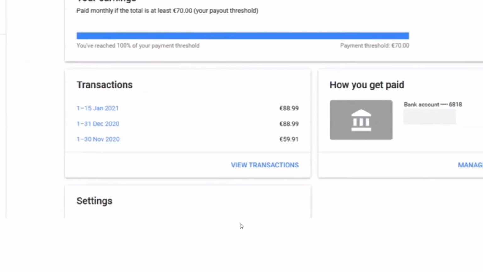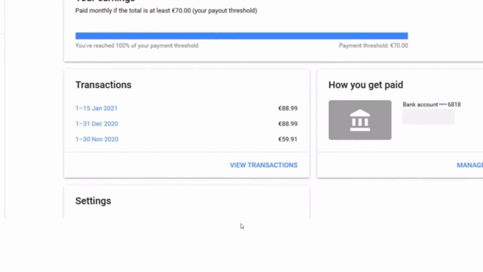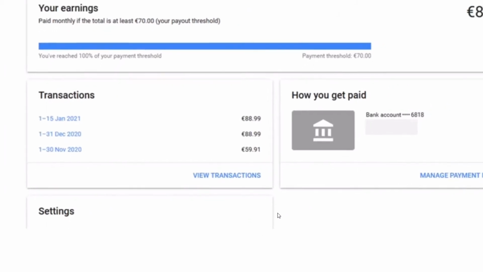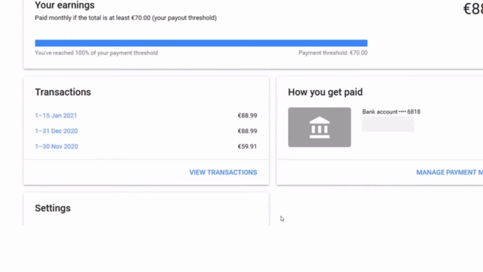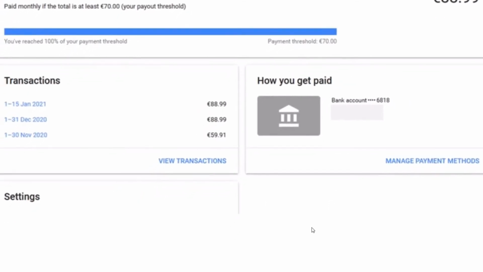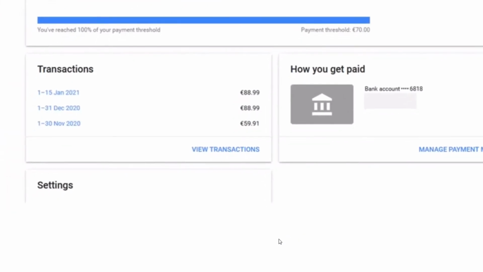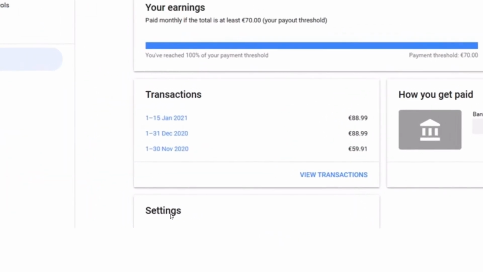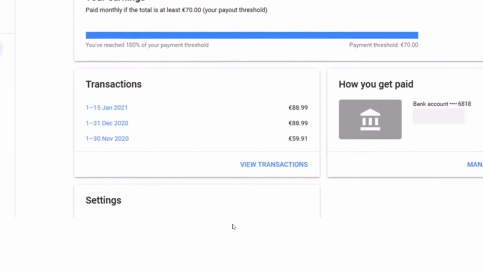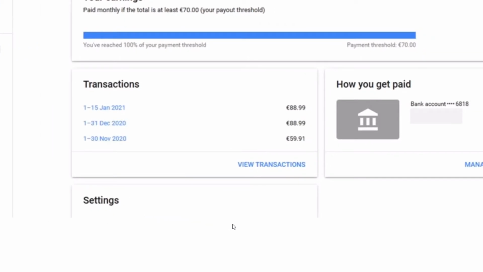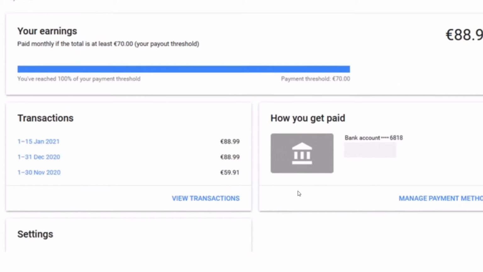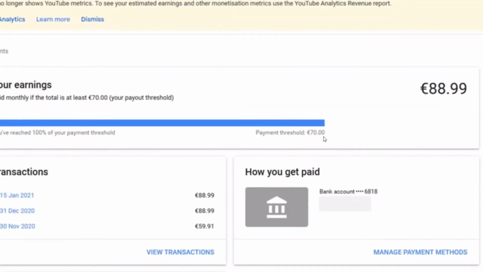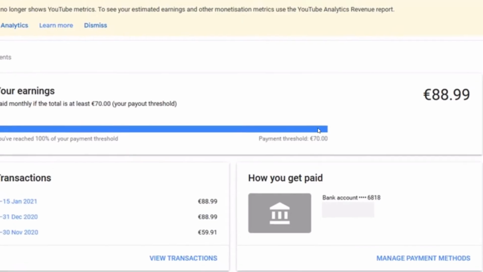A payment hold is simply telling AdSense when it should pay you. By default there is a time that AdSense has to respect. After you reach the threshold, AdSense is supposed to pay you between the 21st and the 26th. We'll go back to that. But I could have clicked over here at settings and put a payment hold and told AdSense, for instance, pay me after 3 months, pay me after 1 year or something. In addition, I could have increased my threshold. If I had increased my threshold, then I would have had to wait.